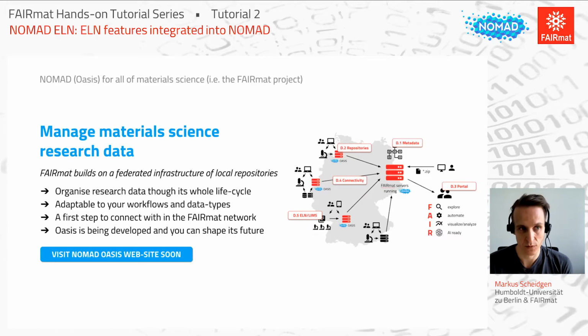Another aspect is this whole workflow idea, and this is also where manual data entry comes in, right? It's not just that you need note-taking for working with your instruments and then doing processes and then characterizations. Also human workflows, right? When you interact with other people, this is also stuff that needs to get documented. And here it's not just for experiments. This is also true in the theory world, right? If you run a series of computations, for example, with a certain intent, you also want to document this, and